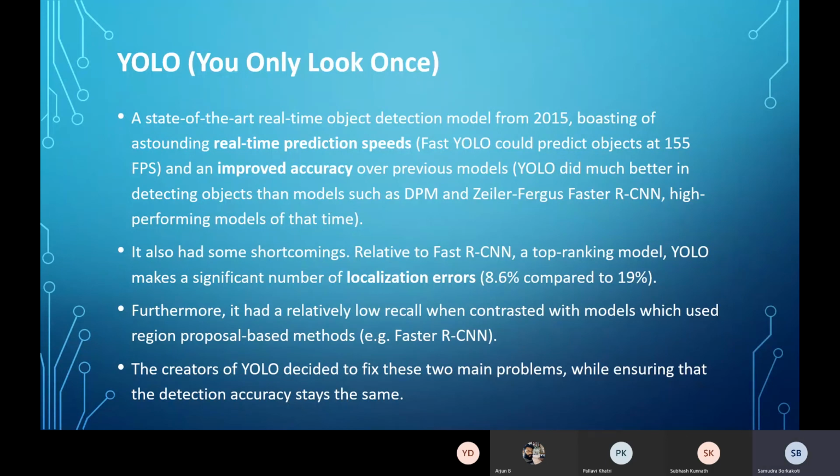And also it wasn't able to train multiple objects at once. So this was the first version that came out in 2015, and in 2017 version 2, YOLO 9000, came out, and in 2018 and 2019, the later versions came out.